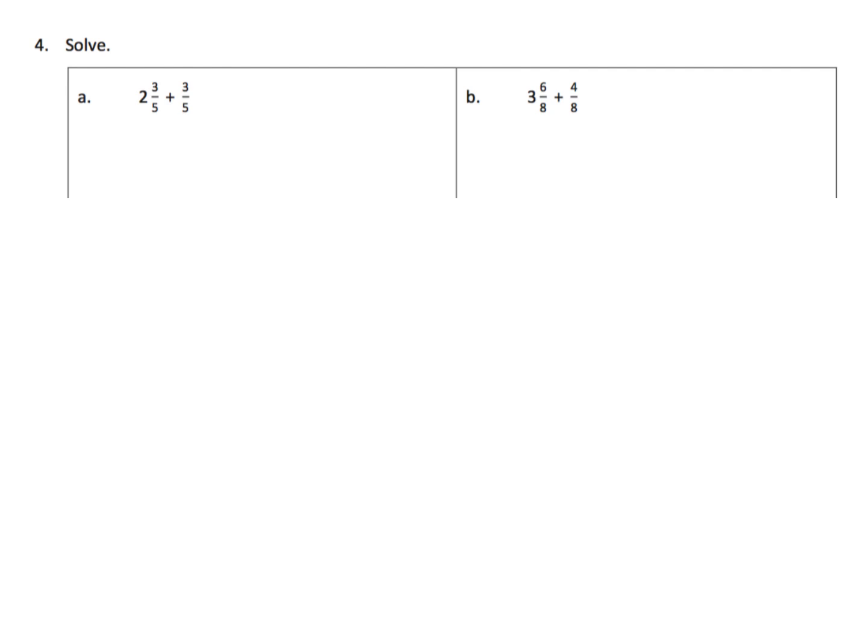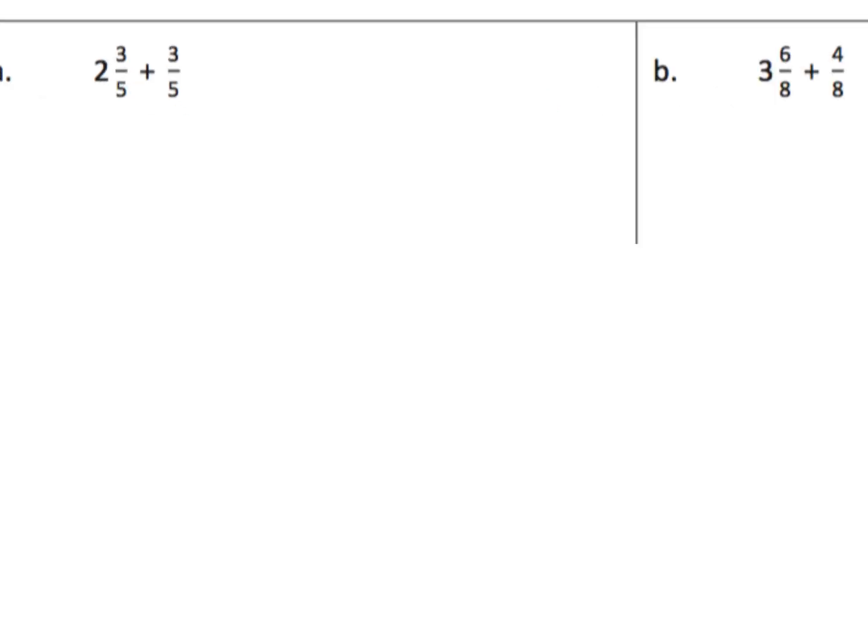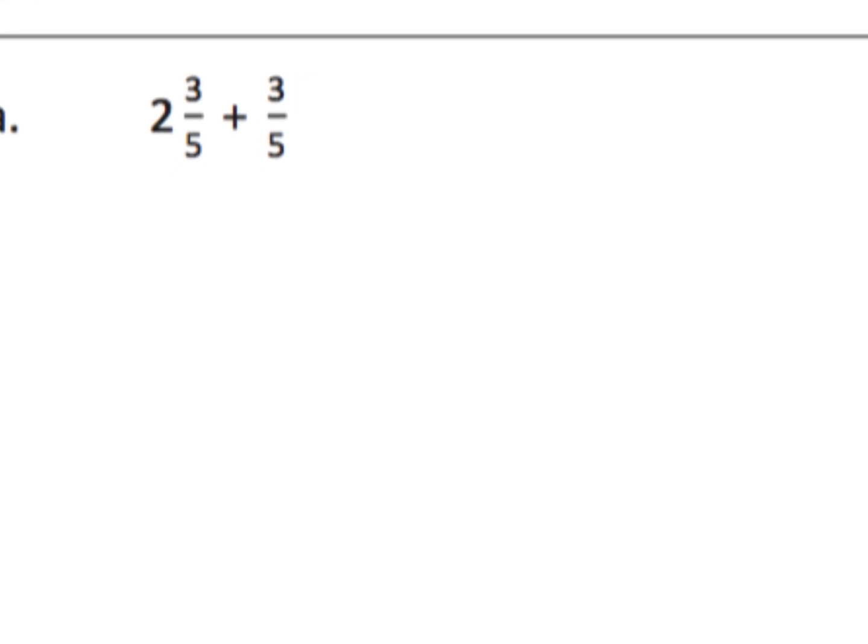Now the purpose of these problems is just to let your students choose a method and let them run with it, because there is no one method that is perfect, right? The students are allowed to choose any method as long as it really makes sense to them. Now I will, however, show you another method that I didn't focus on in the previous slides, which is we could simply add the numerators, in which case we're going to get 2